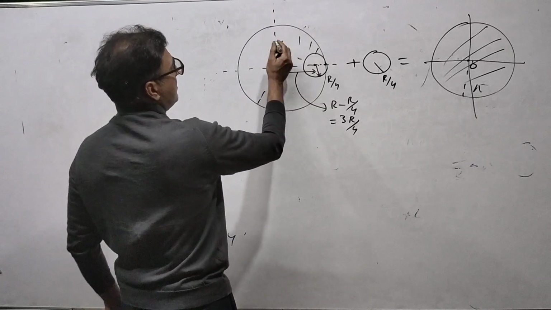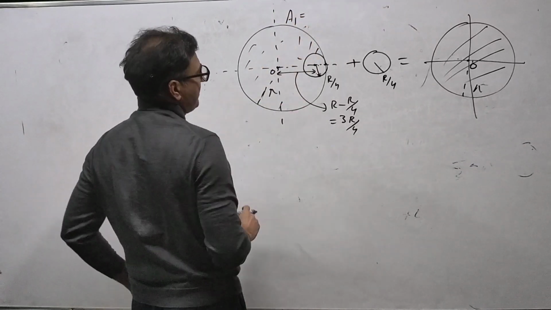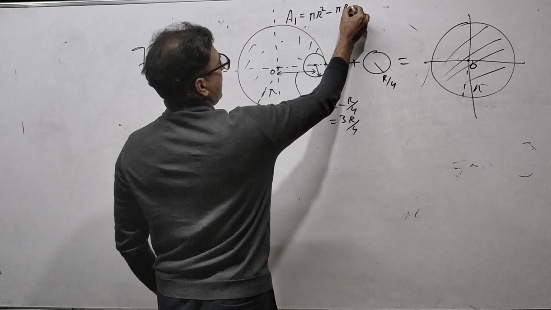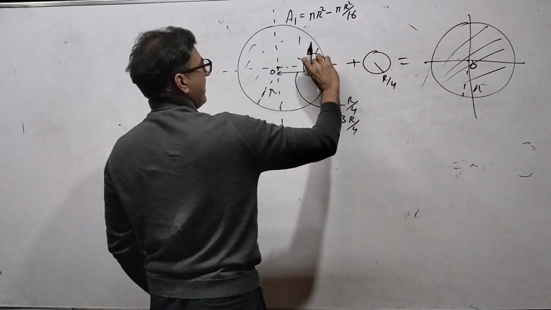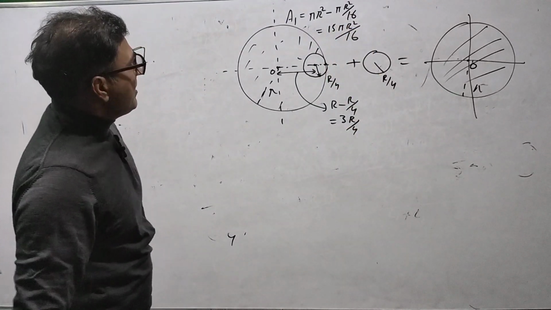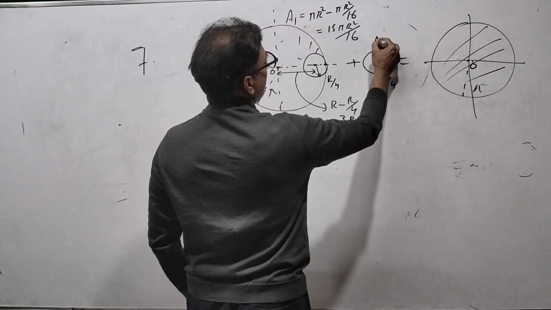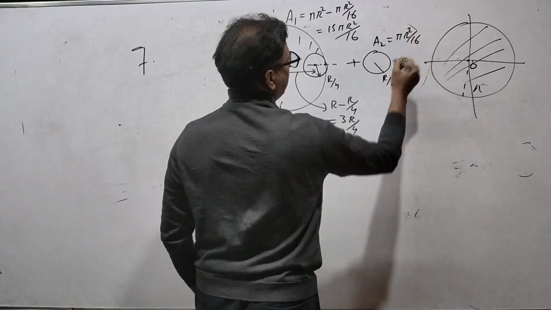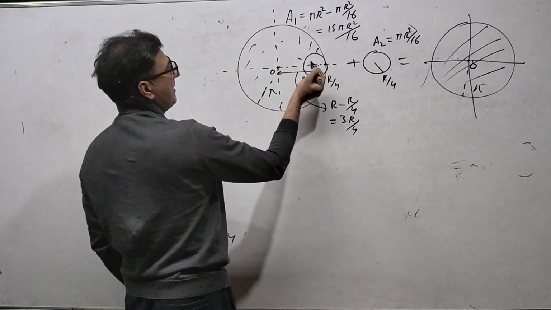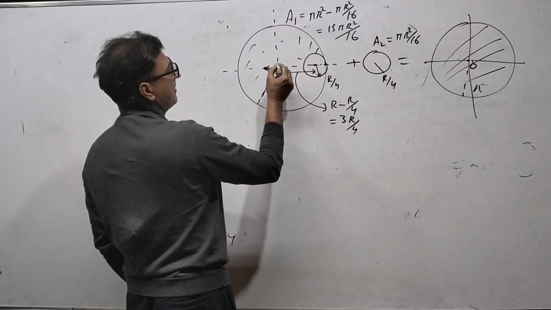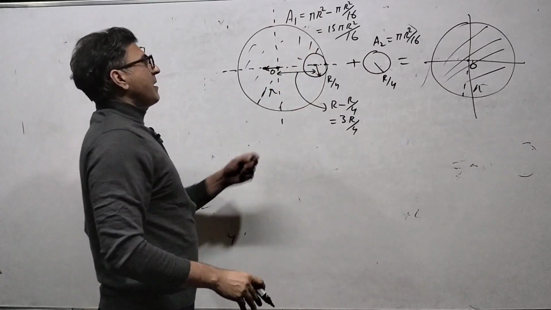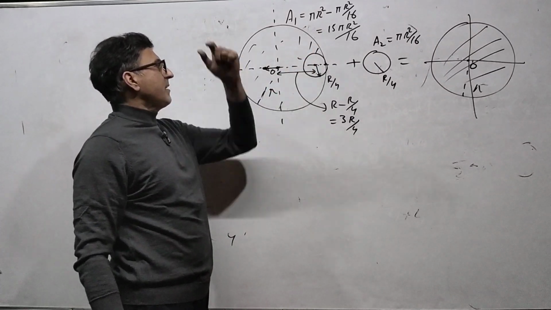इसका एरिया क्या है, इसका एरिया suppose A1, कितना होगा वो एरिया जरा बताइए, that is pi r square minus इसका एरिया, that is pi r square by 16, pi इसका रेडियस स्क्वायर, that is 15 pi r square by 16। ठीक, तो इसका एरिया A2, that is pi r square by 16। इसका कोऑर्डिनेट, इसके सेंटर ऑफ मास का कोऑर्डिनेट वो पता नहीं है, that we don't know, कितना होगा ऑरिजिन से लेफ्ट साइड को या राइट साइड को, we don't know, होगा लेफ्ट साइड को ही, क्योंकि राइट साइड का मास मिसिंग है।